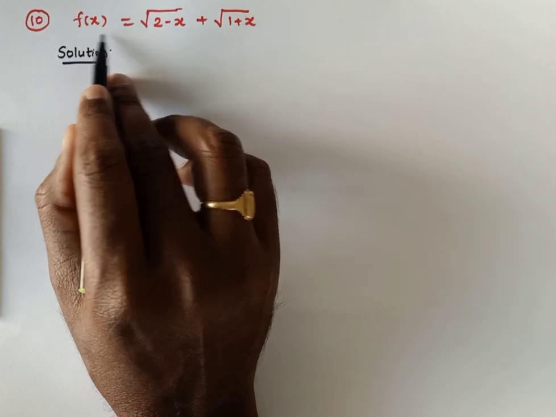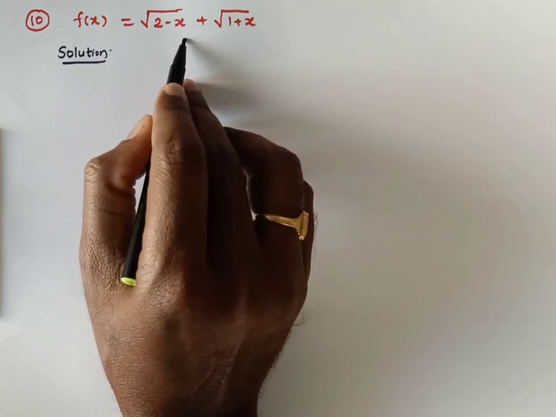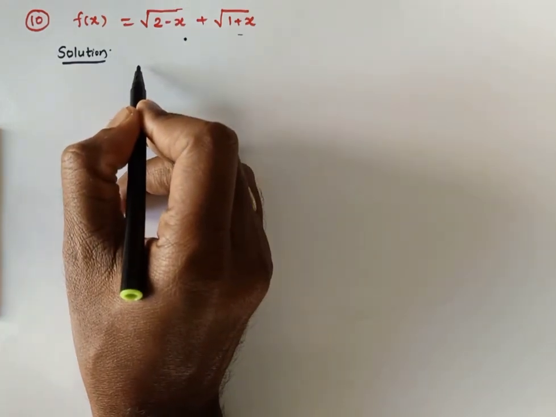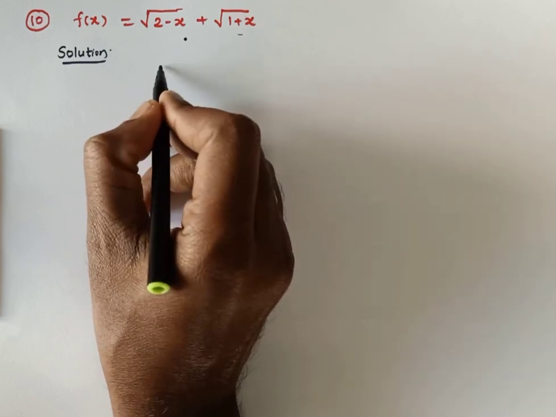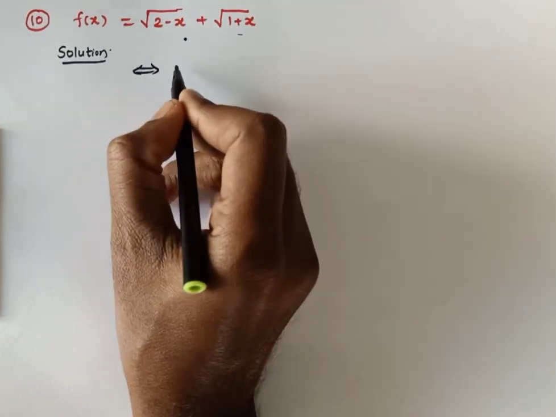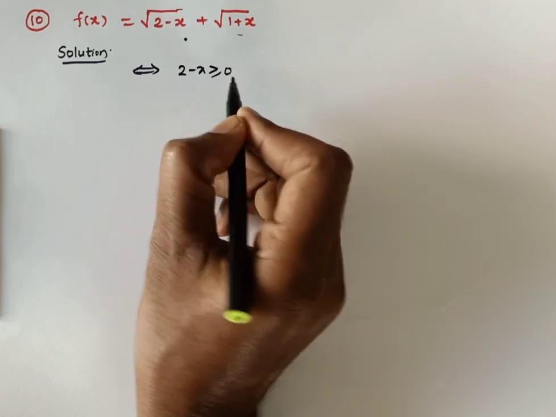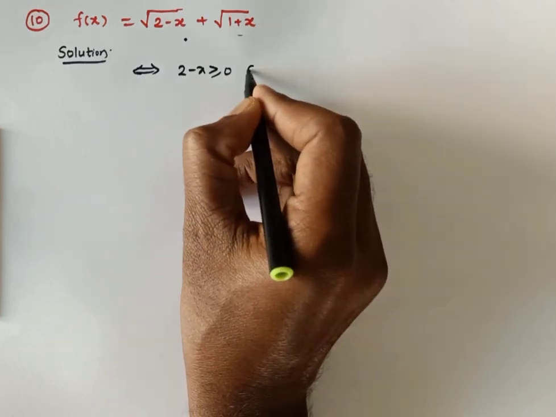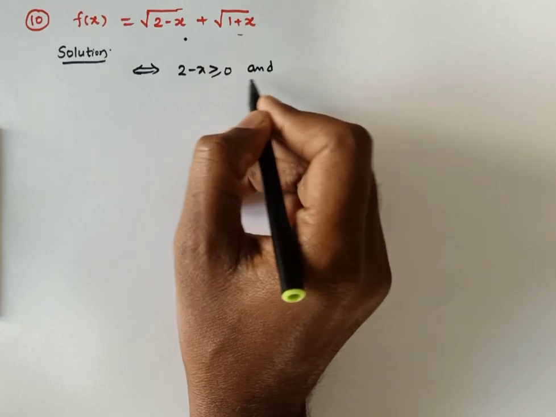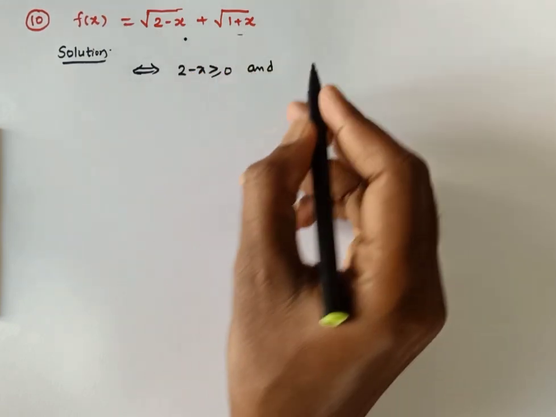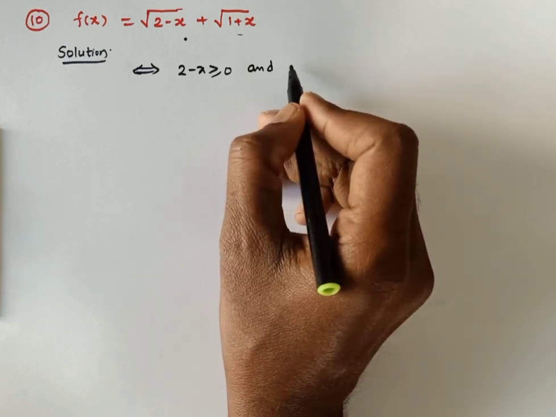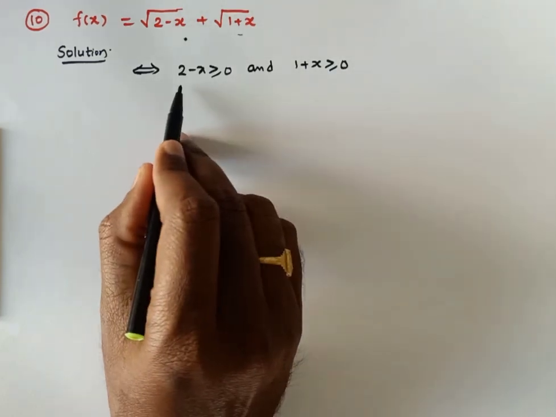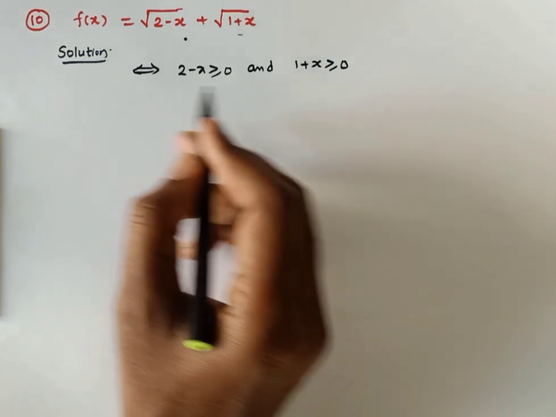So now f is valid when 2 minus x is positive or 0 and 1 plus x is also positive or 0. The given f of x is valid whenever 2 minus x is greater than or equal to 0. Is this alone enough? This must also be positive. So you need to take it as and, not or, it is and. This should be positive, and this should also be positive. So you need to write the and symbol between these two statements. So 1 plus x is also greater than or equal to 0. Here 2 minus x is positive or 0 and 1 plus x is also positive or 0.